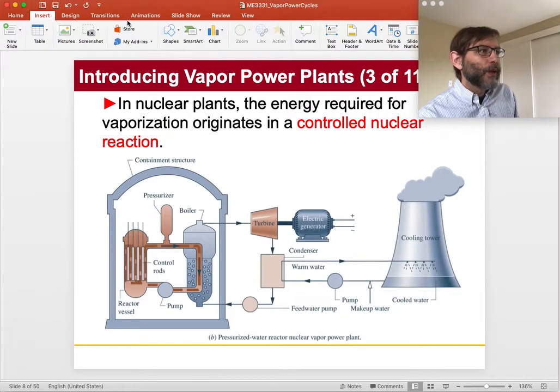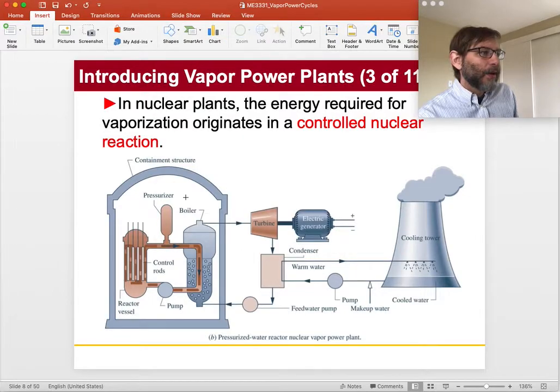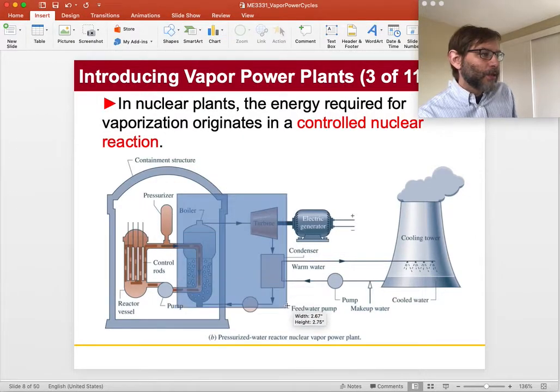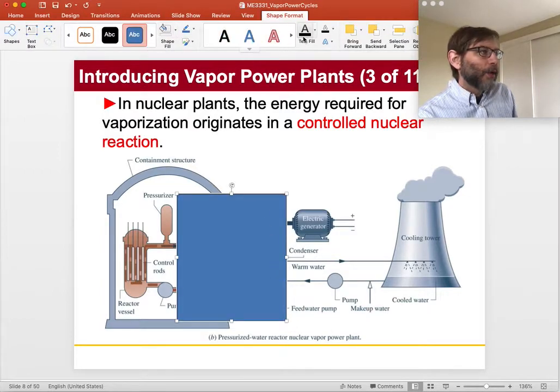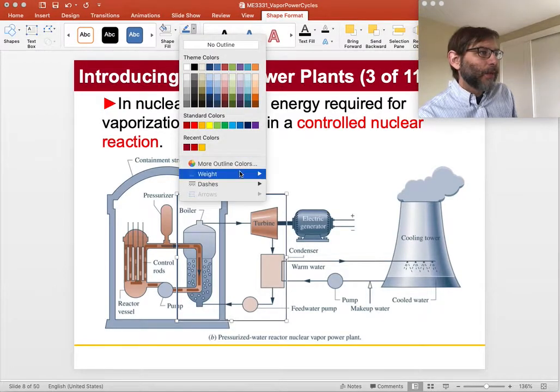Let's see. Let's just do it. Let's insert a shape. I'm going to put a dotted line around that. We'll go ahead and make it dotted in a minute. So this is our system. This is what we're interested in here. And we don't want a fill, and we want to make this a dotted line because I